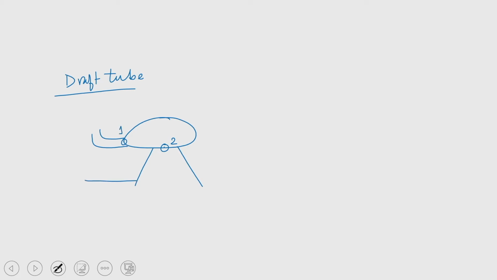So, we have discussed the draft tube, and we have seen that if this is the point 1, and this is point 2, and this is the tail race level, and if this point is 3, we could write that,